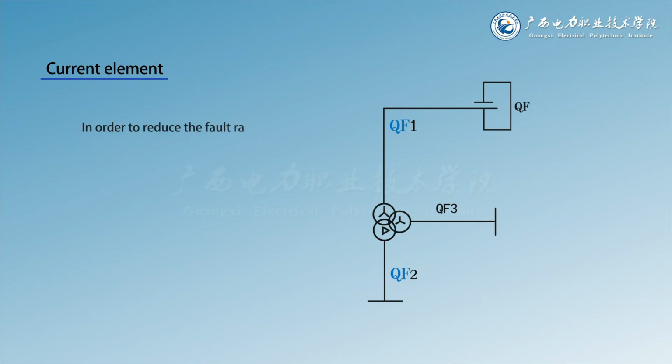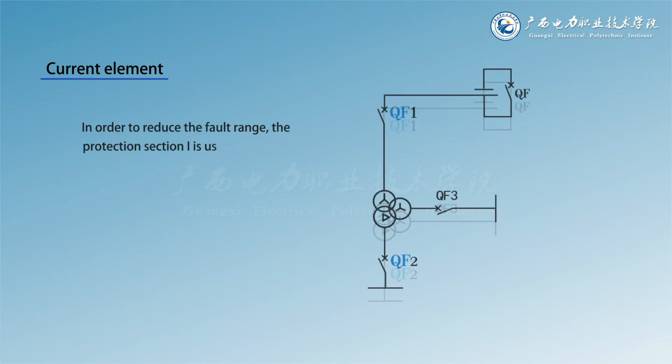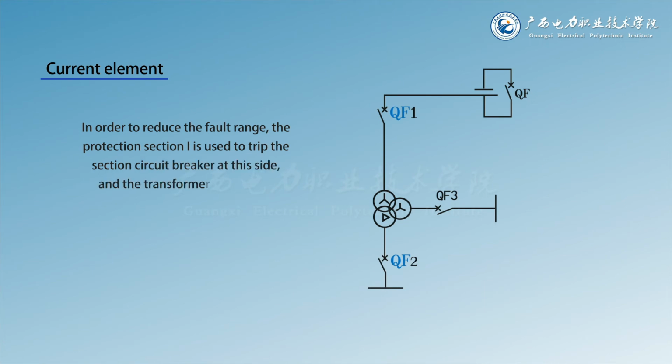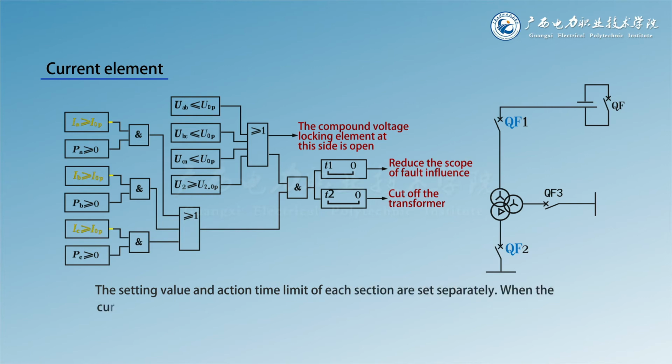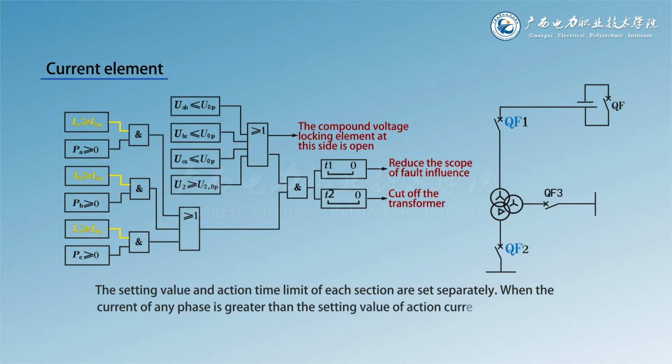In order to reduce the fault range, protection section 1 is used to trip the section circuit breaker on this side, and the transformer is cut off at section 2. The setting value and action time limit of each section are set separately. When the current of any phase is greater than the setting value of action current, the current element starts, and its action criterion is